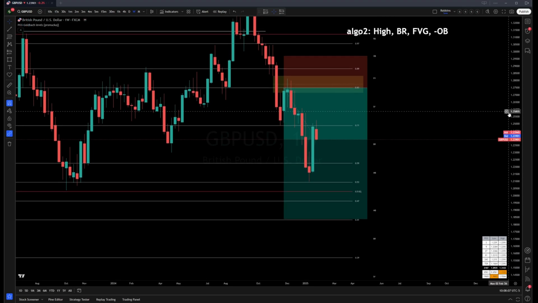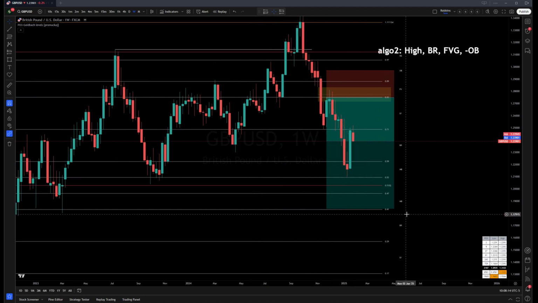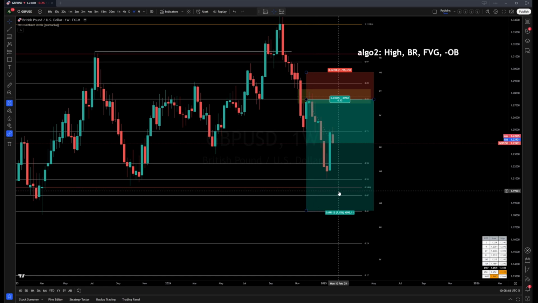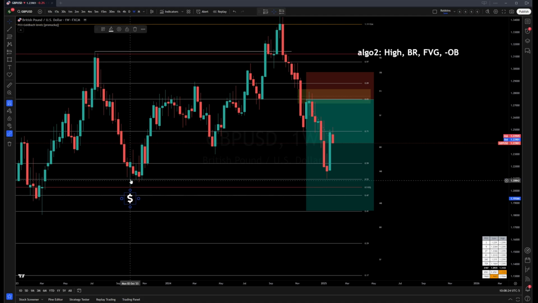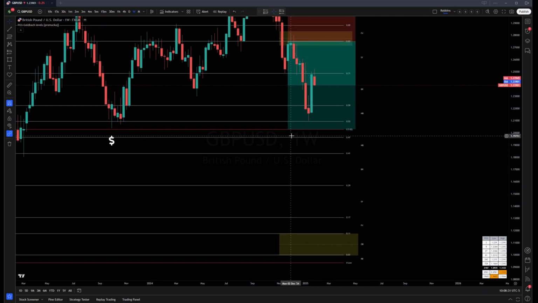And then where do we want to take it off? We essentially always want to be selling in a premium and buying in a discount. Where is the first place that we have liquidity in a discount? Right here, conveniently set above equilibrium. So you can take your partials here and you can leave your runners